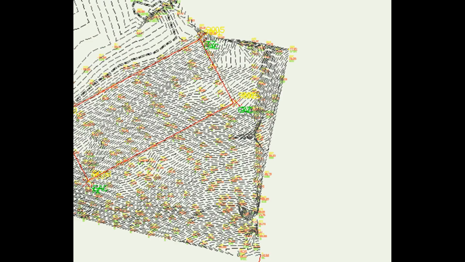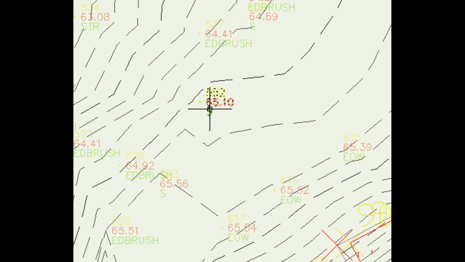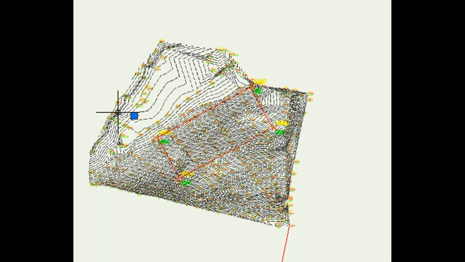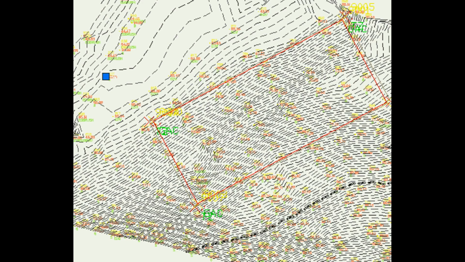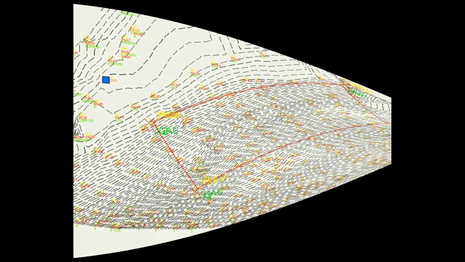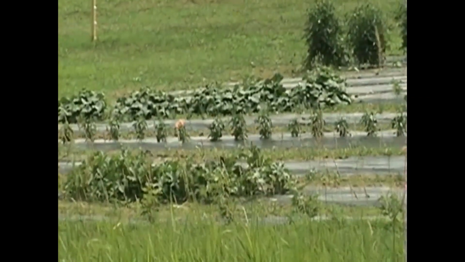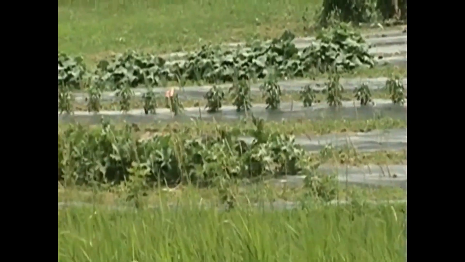I don't know what point number it is, but that's one of the camera angles. And then there's another one over here that's also a baseline that's a camera angle. I basically wanted to just show that this point data is in fact here, and that each of those points was shot just at different times in the season. This was implemented in